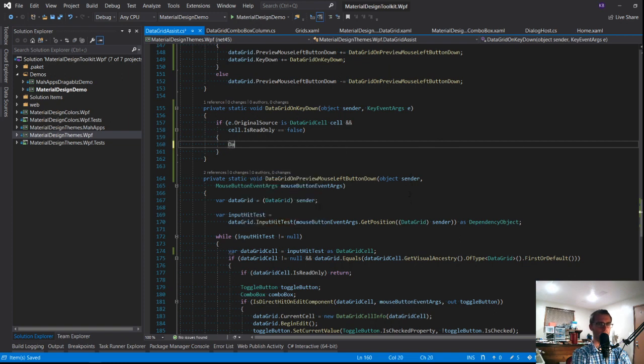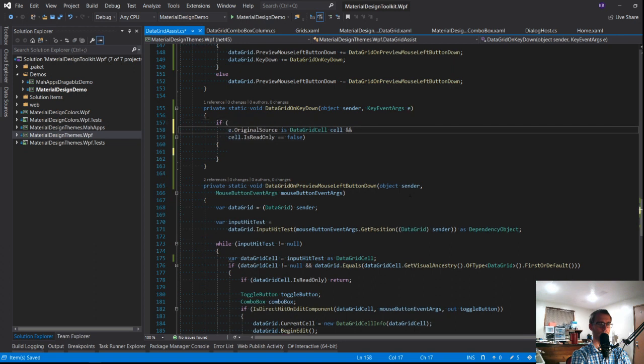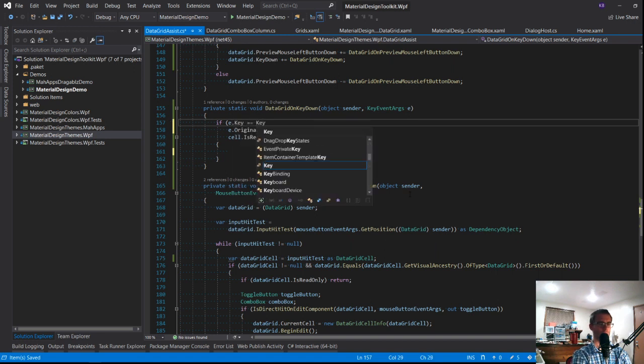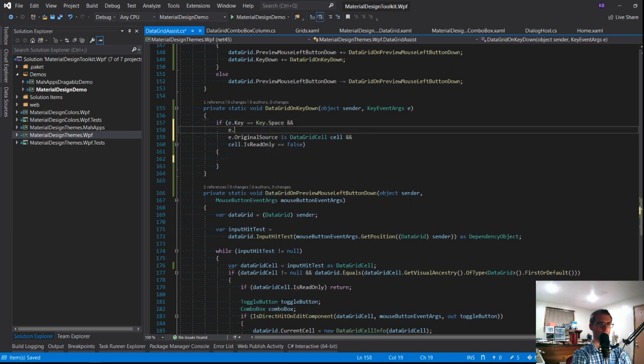And then maybe, oh, we should probably validate on the key that was pressed. e.Key equals Key.Space and e., what is it, event or routed event?